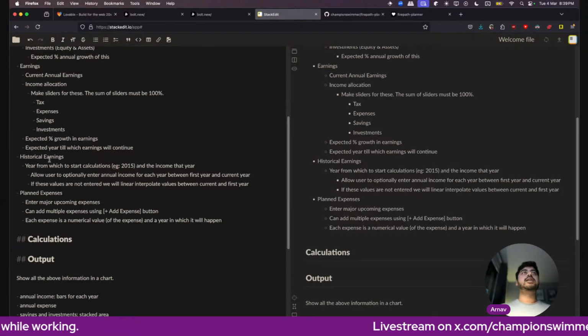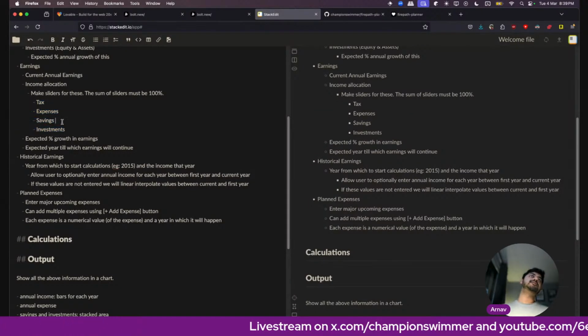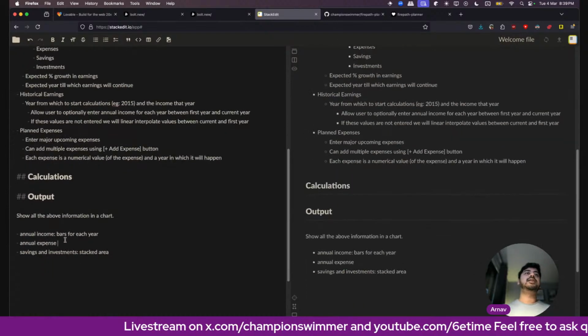That's probably future. I would like to see different growth rates for each: taxes, expenses, savings, and investments. But let's see.